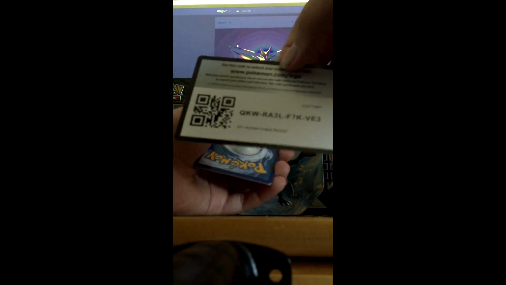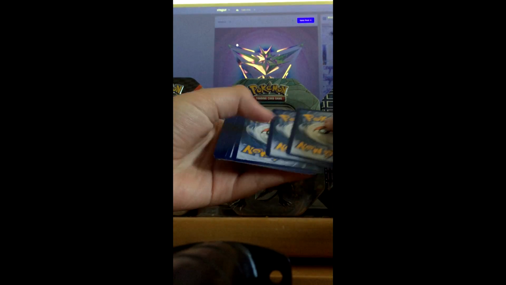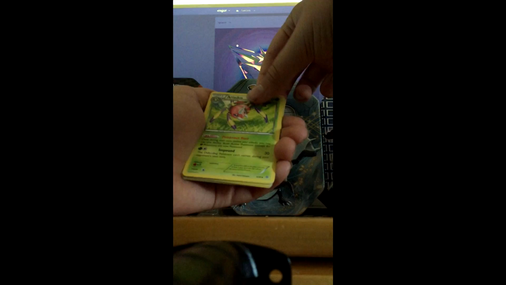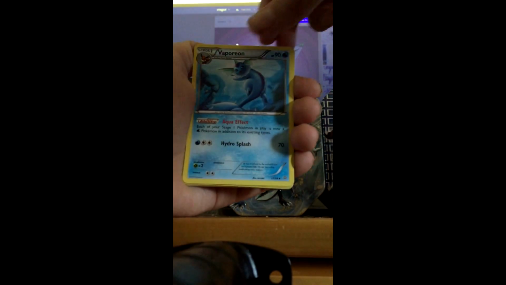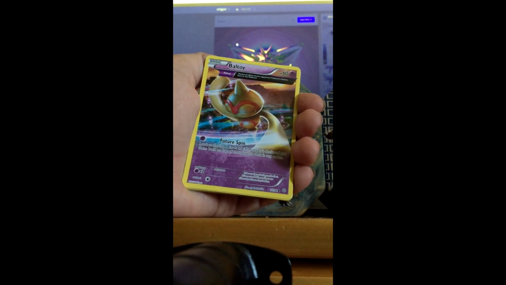Okay. Oh, yeah. Code for those who play. 1, 2, 3, I believe. We're gonna do that again. Alright, Gyarados, Lysander, Vaporeon, cool little bell toy right there,